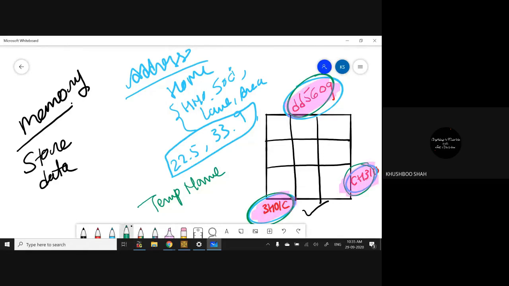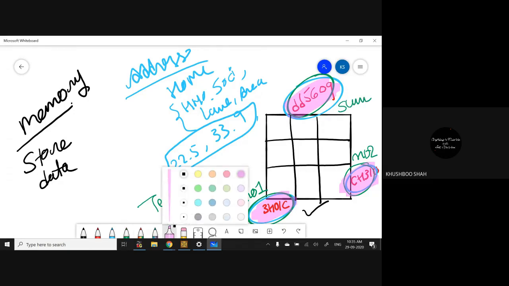I'm giving this location the name NO1, this location the name NO2, and this location the name sum. Right. So these are nothing but the variables. The name which you give to the memory location, temporarily. When you give a temporary name to a memory location, what do we call it?